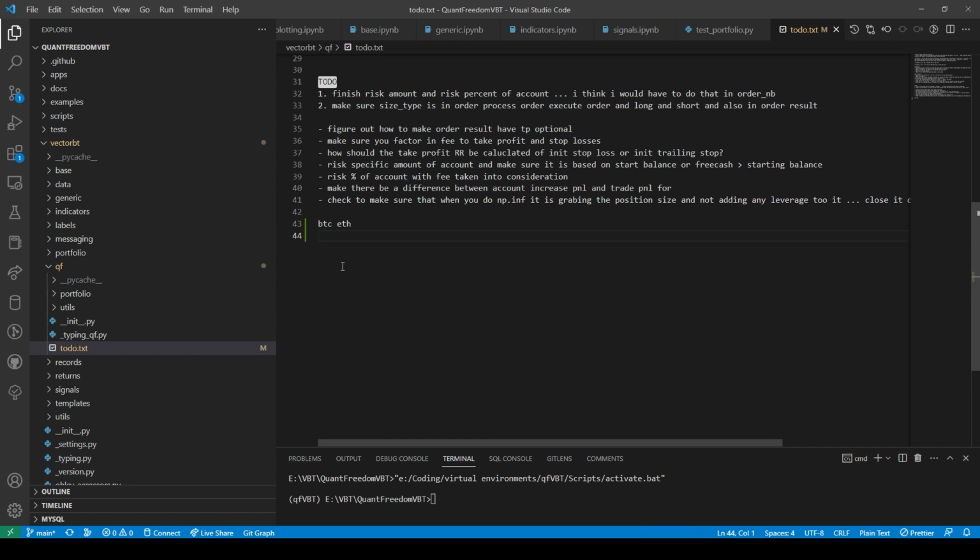So if I had BTC and ETH data, then I would need for coin in range length coin. So that would be dealing with the coin number 1.